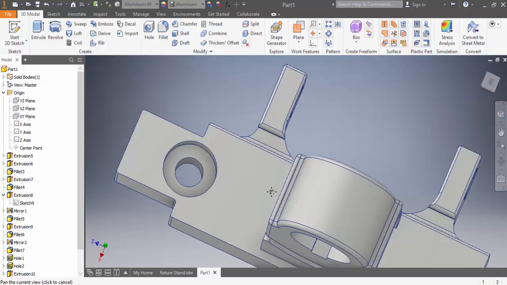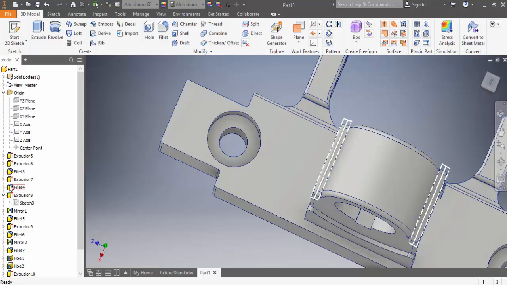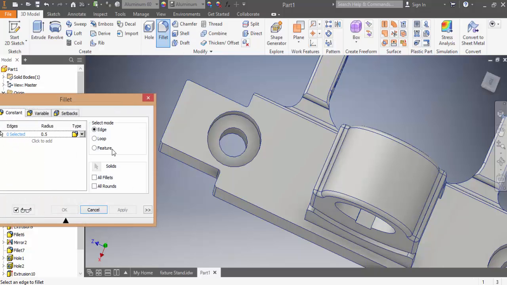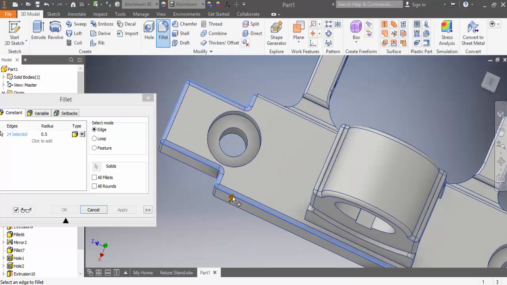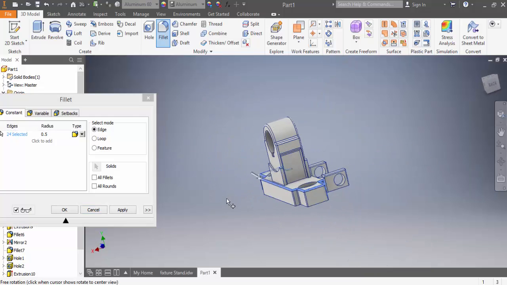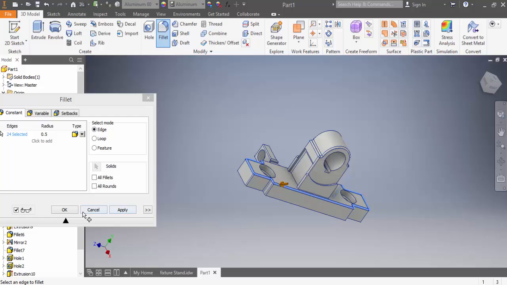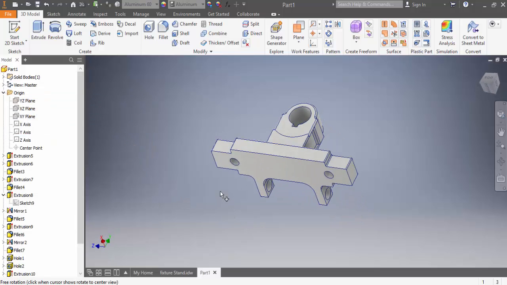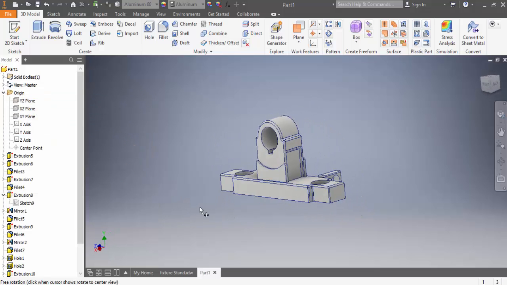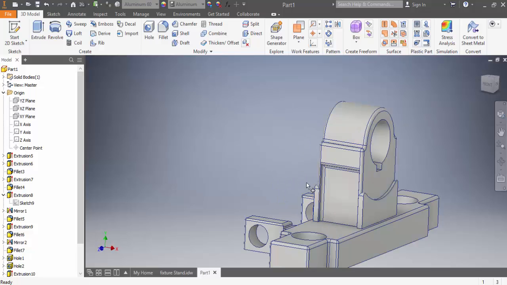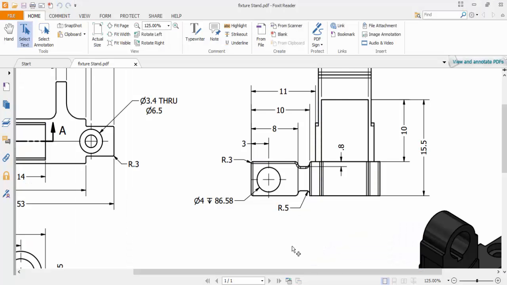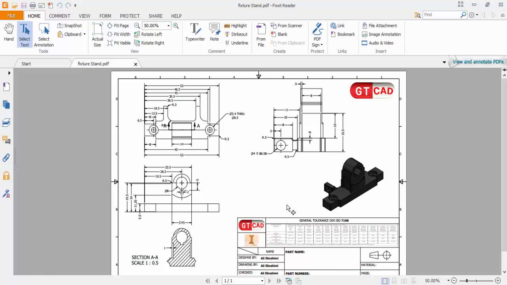Here we have a sharp edge. We can make a chamfer, 0.5 millimeter. Okay. Our sketch and our modeling are finished. Let's go to the next